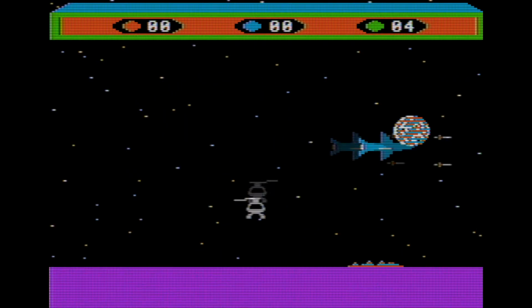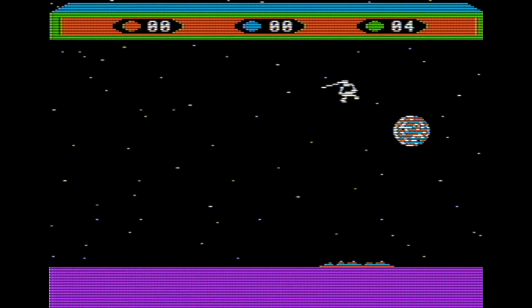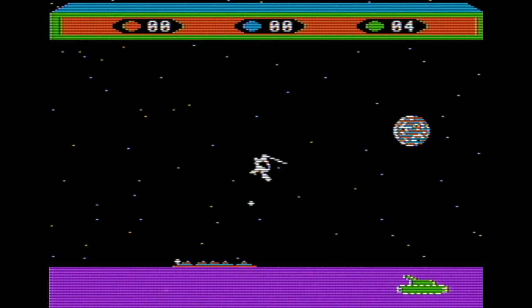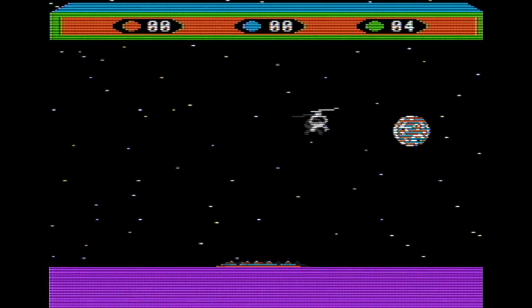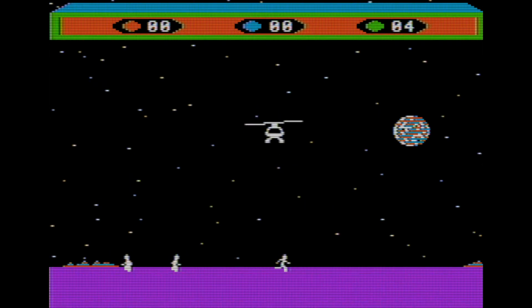So we might not do too much of that. I'm trying to take out the tanks. It's not necessary, really, but they do get in the way. You don't get any points or anything for it. As you can see, the only points that you get are rescuing hostages, which are right here.